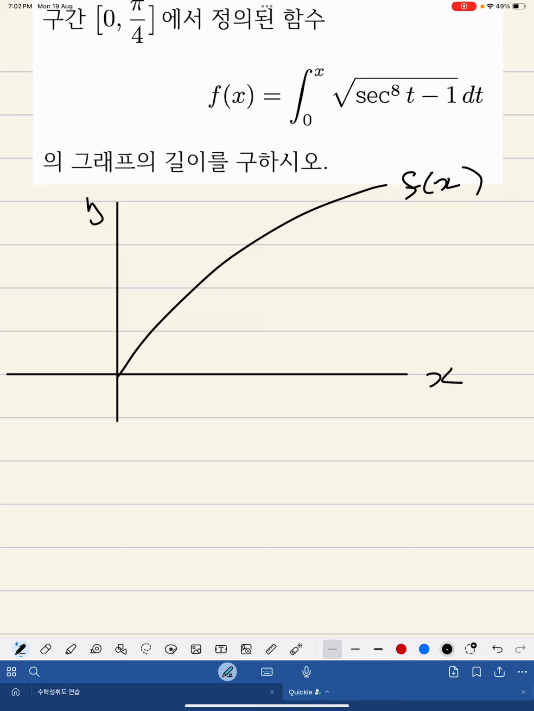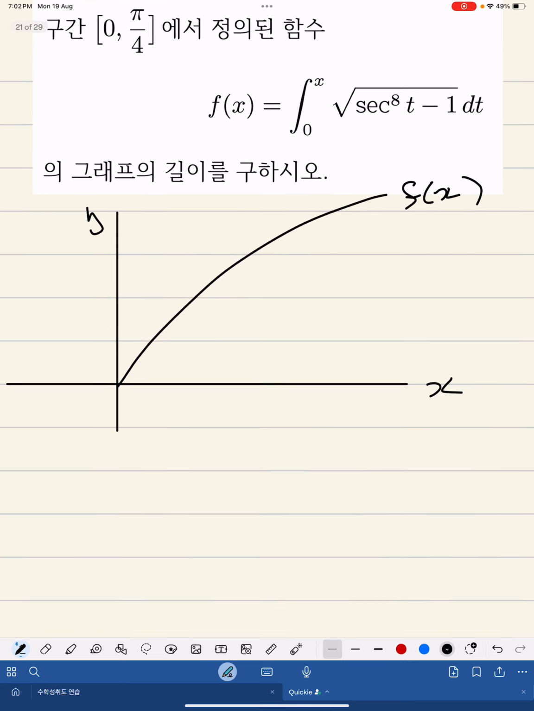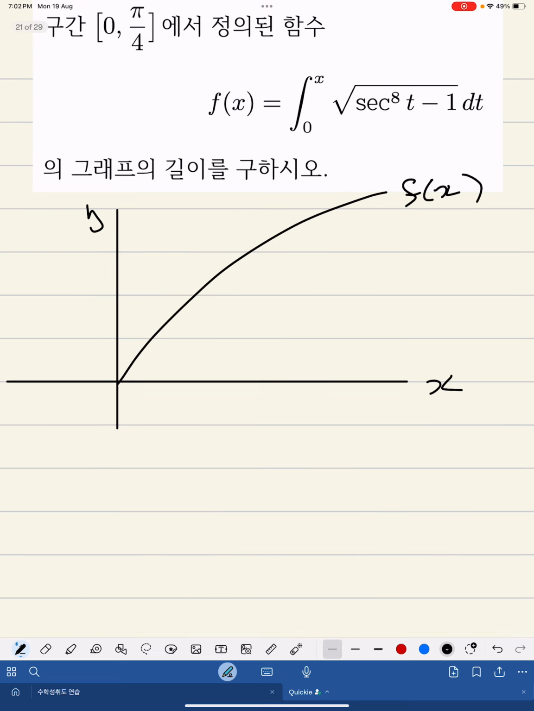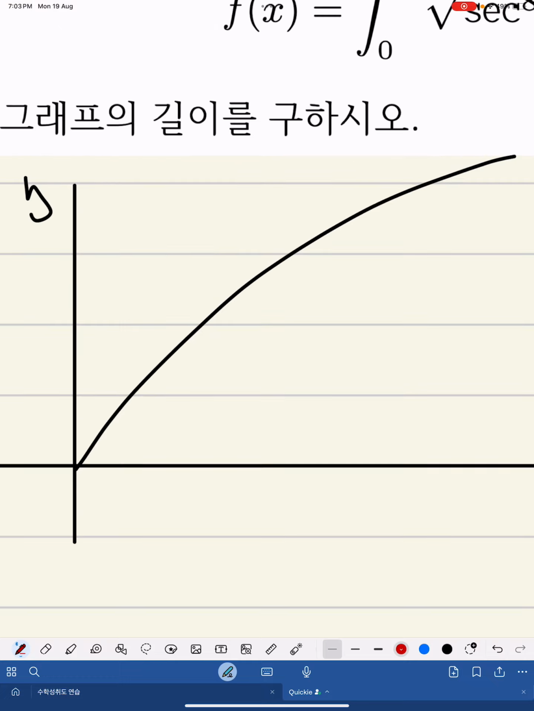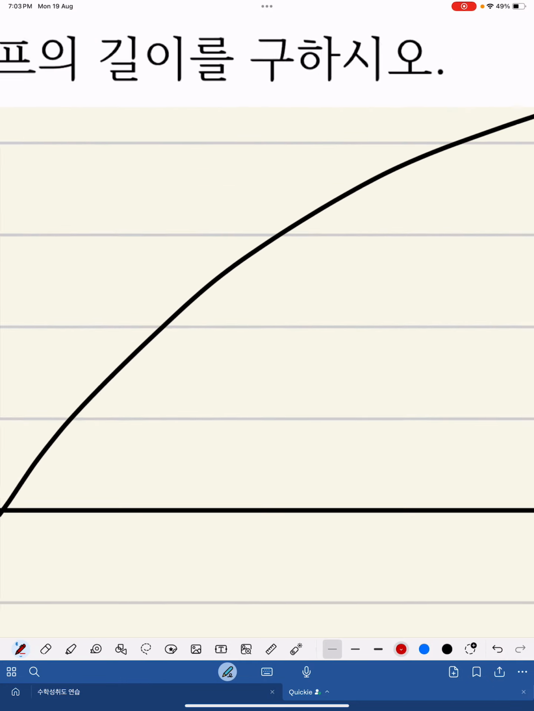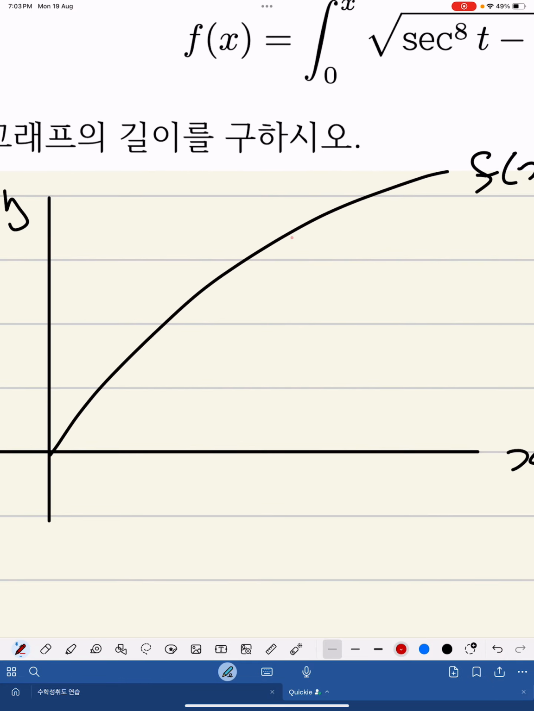Then I want to find the length. So how would we approach this question? Well, the most intuitive explanation would be if we zoom right in, and then we can assume that some point